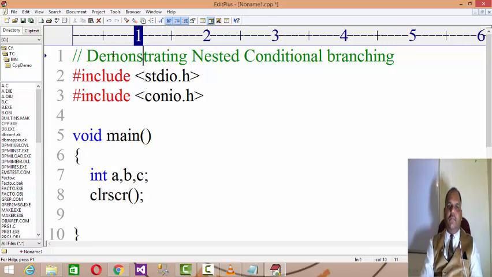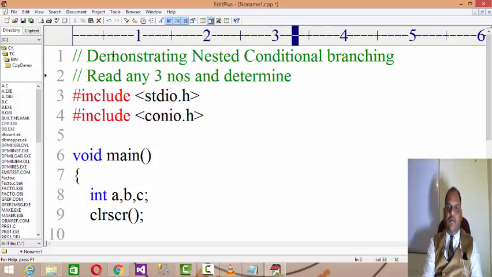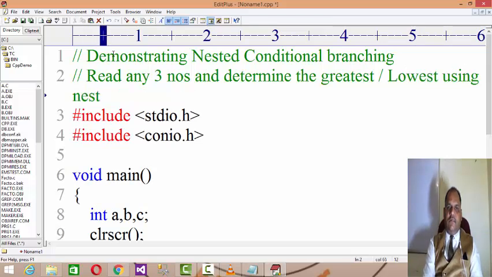I'm writing a program that reads any three numbers and determines the greatest and lowest using nested conditional branching.